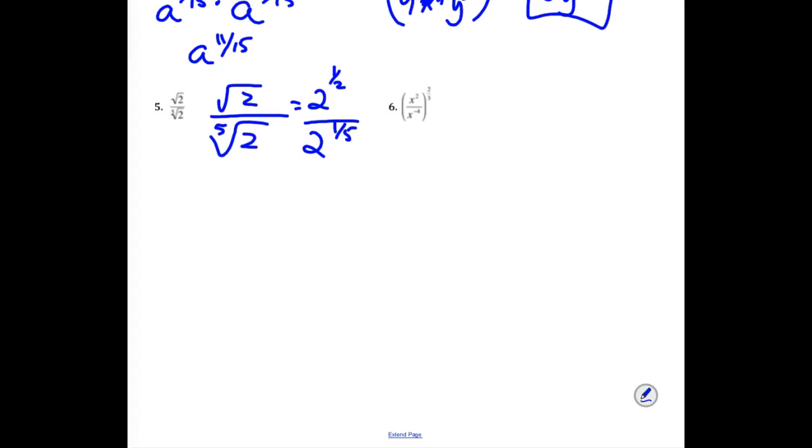What common denominator would we use? Okay, so we'd have 2 to the 5/10 over 2 to the 2/10. So simplifying, we would have 2 to the 3/10. Okay? Now, typically, if the question was given to you in this notation, we want to give our answer in